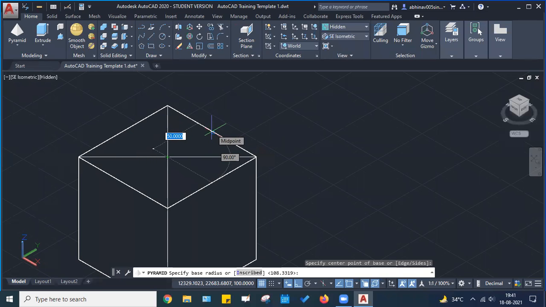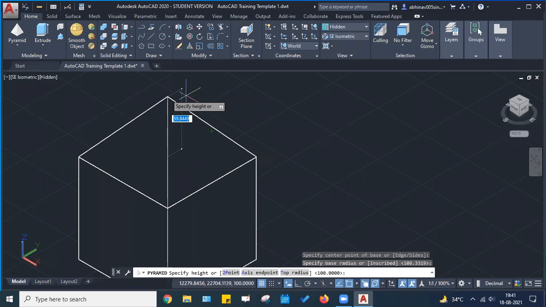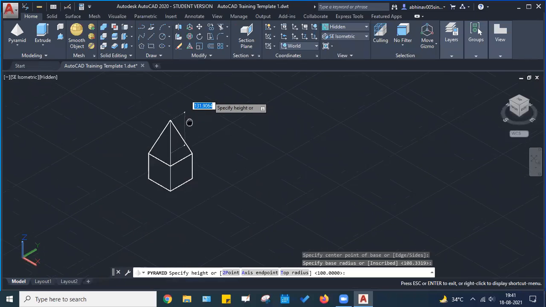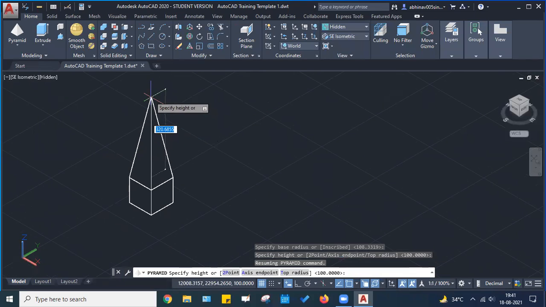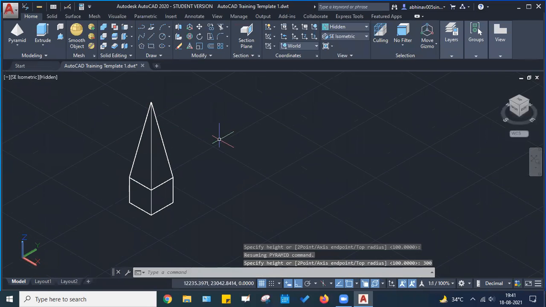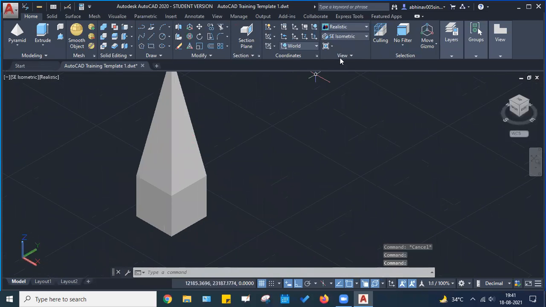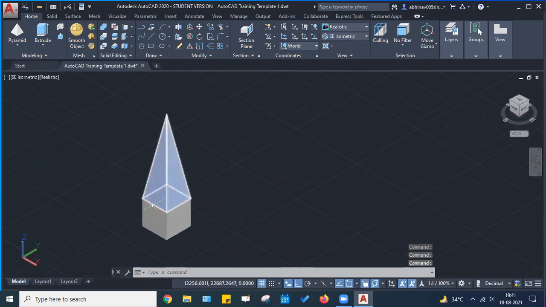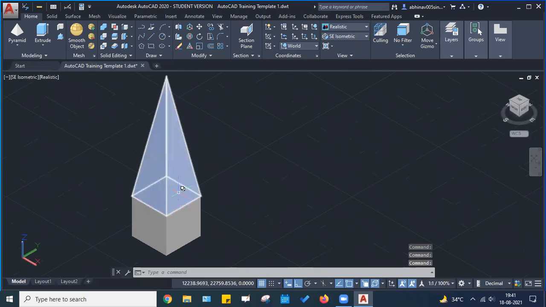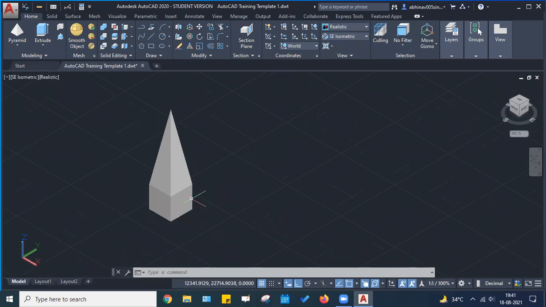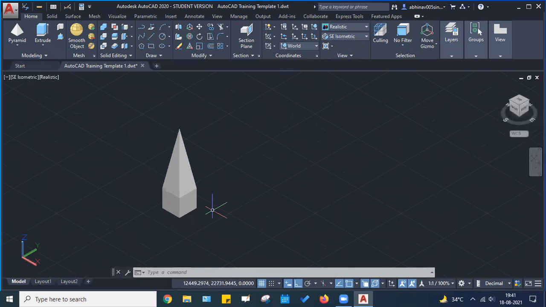This is the center. Yeah, now it is perfect. Okay, this is what I wanted. So let's say I want to create till 300 is the height. Okay, so you can see this is what I wanted. This is how it is looking like. Although creating this is a little difficult because you have to make sure those object snaps are not overlapping each other. Once this is done, now if you look at this figure